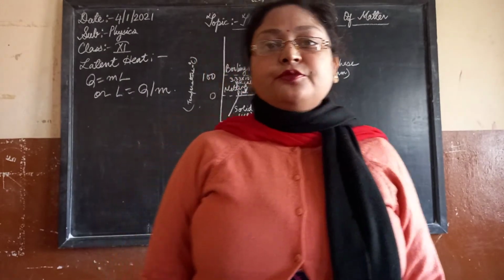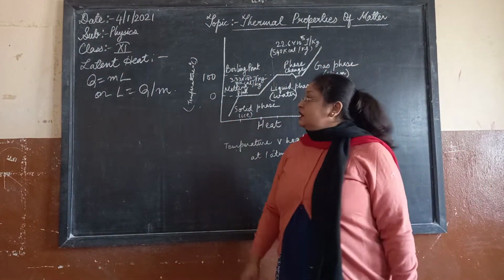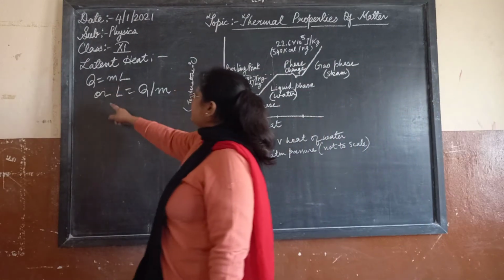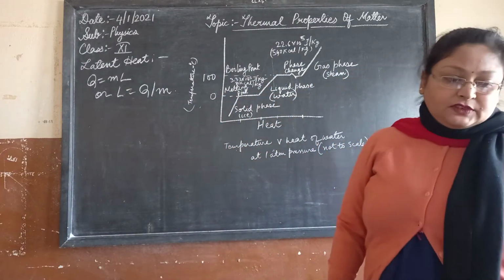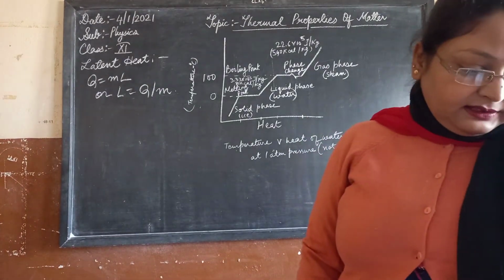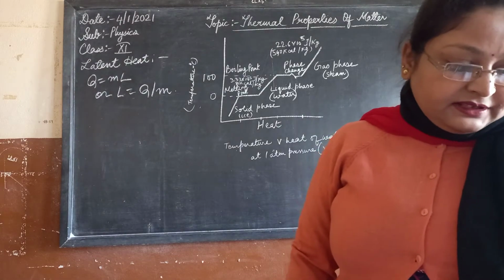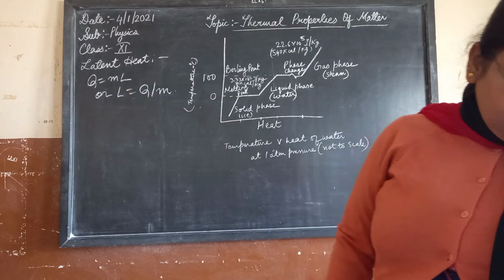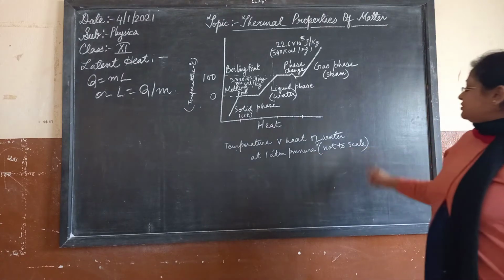Thermal Properties of Matter. In this chapter, now we will learn about latent heat. Latent heat is given by Q = mL, where L = Q/m, where Q is the quantity of heat, m is the mass, and L is the latent heat itself, and its SI unit is joule per kilogram. So in this temperature versus heat graph of water at 1 atmospheric pressure, not to scale,